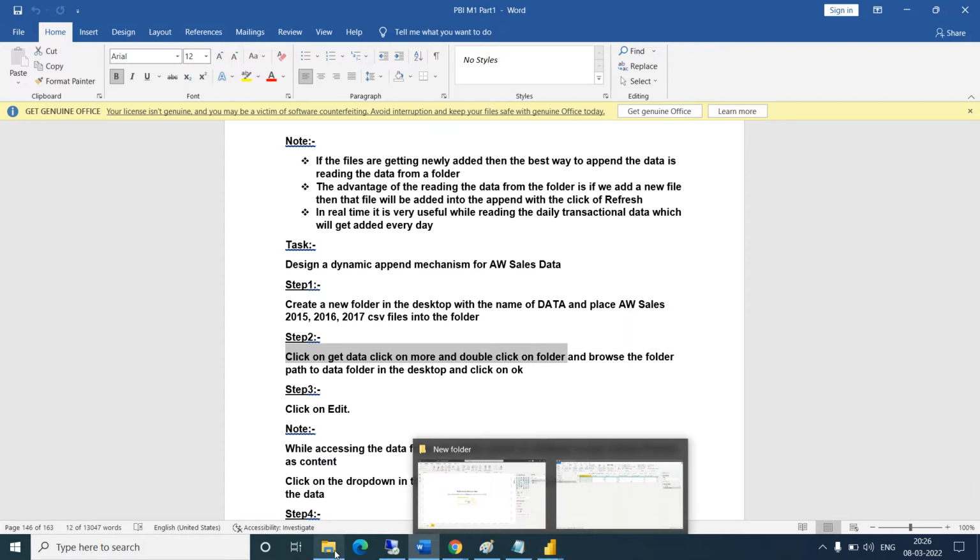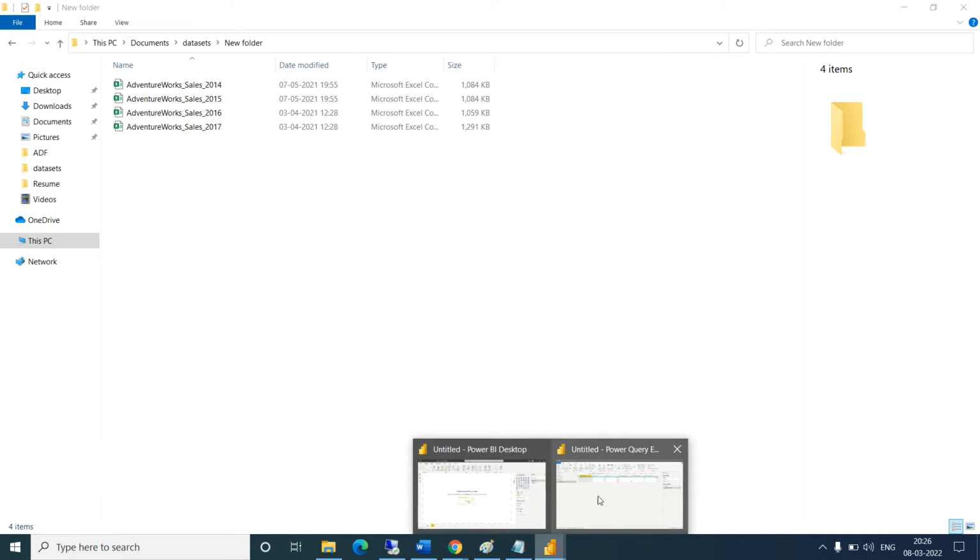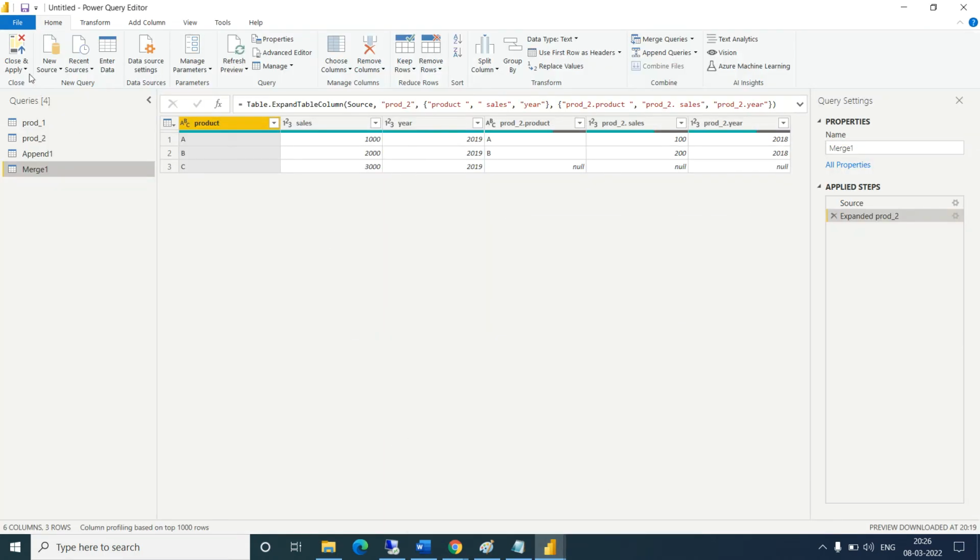Right now our common file name is Adventure Work underscore, and in this folder we have these available files. If tomorrow someone comes and puts a new file for 2018, we should not add it manually; it should be taken automatically. So how will it do this? Let's do this. Close this, close and apply.